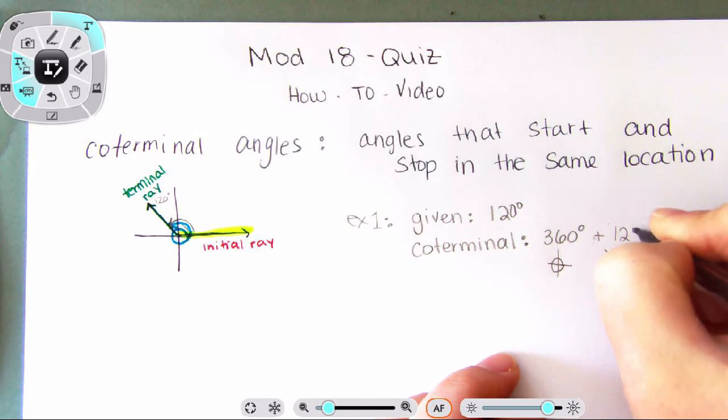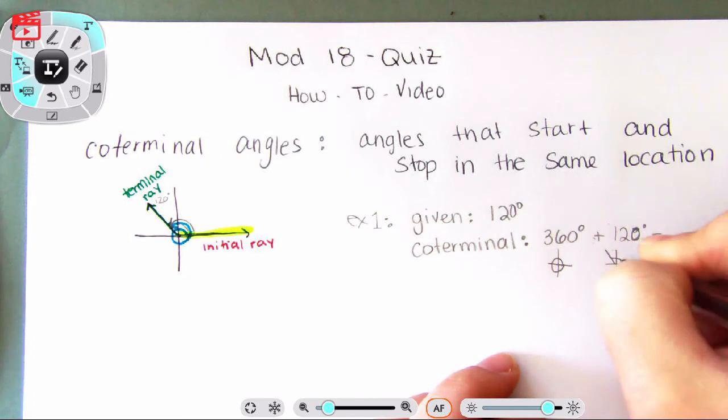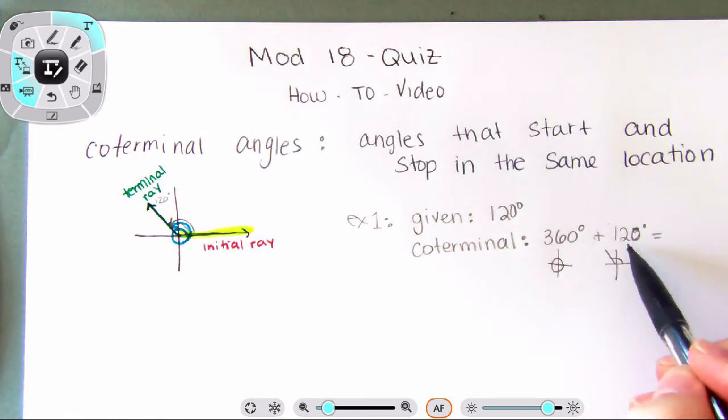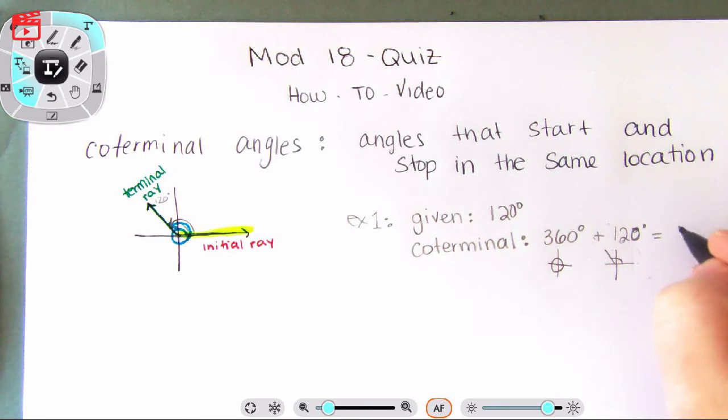So what is my reference, what is my coterminal angle? Well, my coterminal angle is just 360 plus 120. So that's going to be what, 480 degrees. So when a question is asking you to find the coterminal angle, you're finding an angle that shares